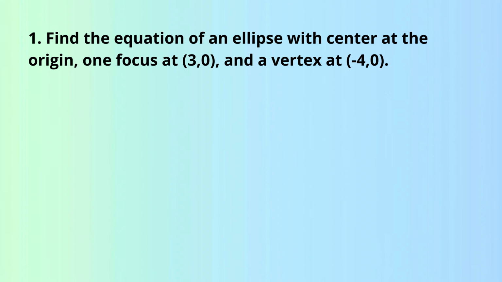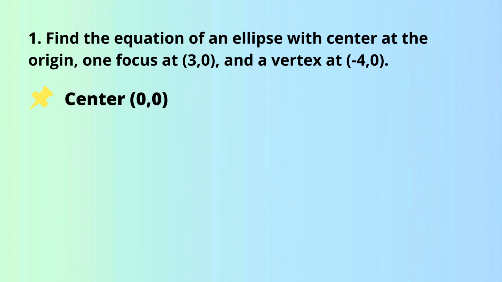So for the first problem, we are asked to solve for the equation of an ellipse with center at the origin, one focus at (3, 0), and a vertex at (-4, 0). It's given that the center is at (0, 0). Since the focus is at (3, 0), which is plotted along the x-axis, and the vertex is at (-4, 0),